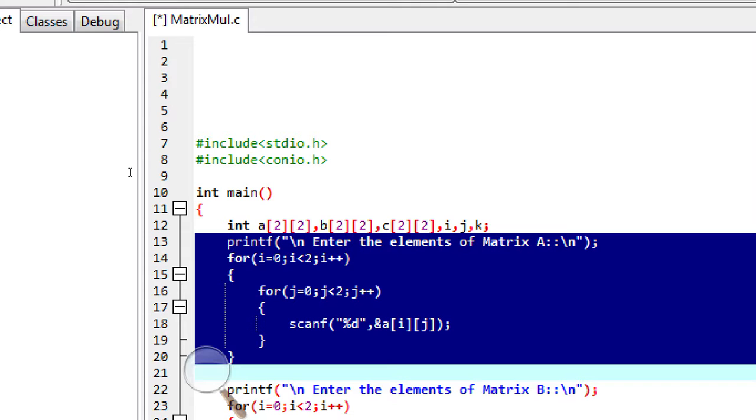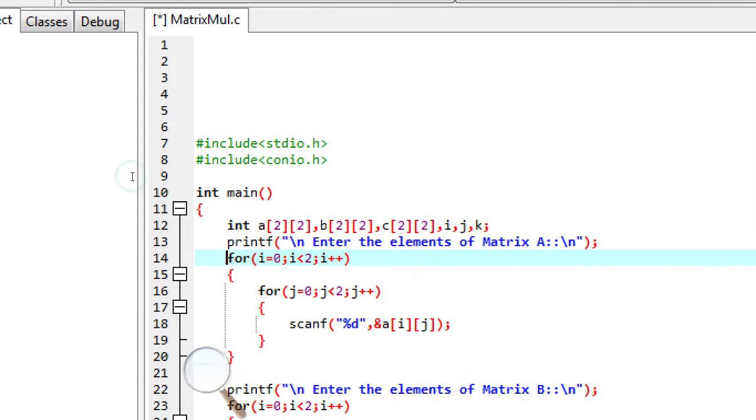To take the values from the user for the matrix, we write for loop i is equal to 0, i is less than 2, i plus plus. In the second for loop we write j is equal to 0, j is less than 2, j plus plus.